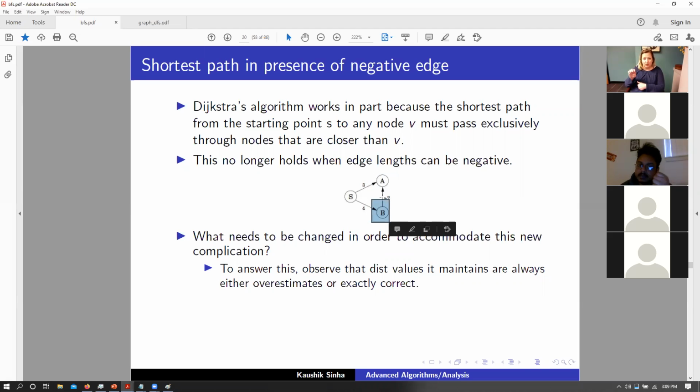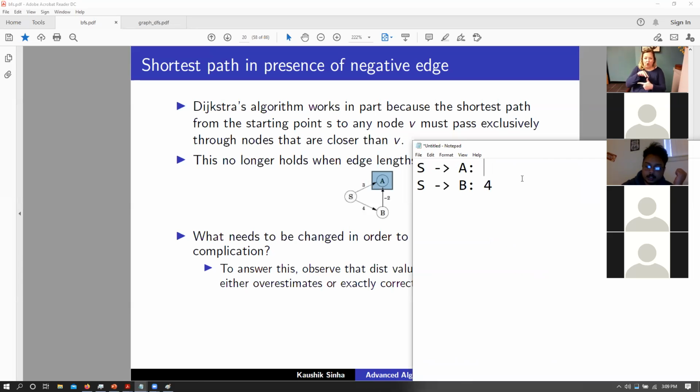Then comes B. Dijkstra would tell us essentially that S to A, the shortest distance is 3, S to B, the shortest distance is 4, because again, let me reiterate, if we start off from S, it will first find out those two vertices, A with a value of 3, it will insert that in the queue, and then it will insert B that has a value of 4, in this particular order in the queue, right?